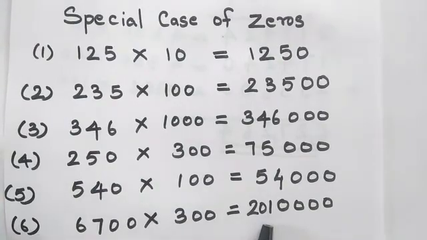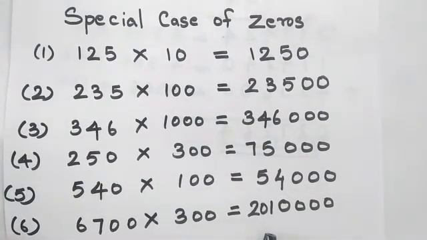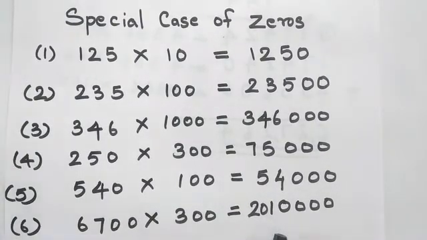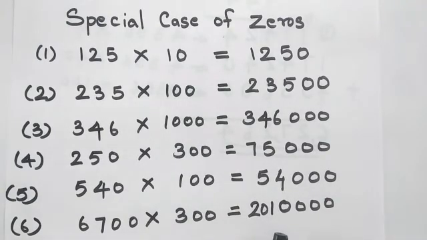Before that, one point is there. As for the last class's notes, first page, some students told me it was not clear. So I am resending that page, that note, together with these notes. First page of last class. So if anyone copied the notes, no problem. If anyone was facing a problem to copy, look at this page. The additional page I am attaching here. Use that page and complete the notes. One multiplication problem only is in that page.